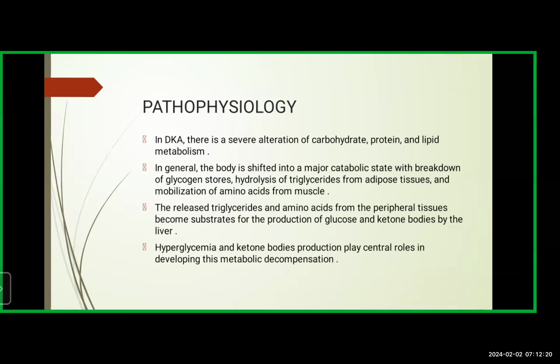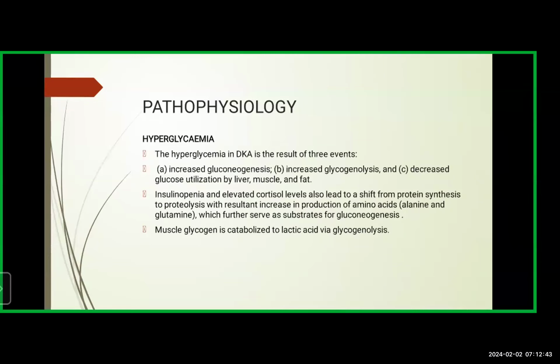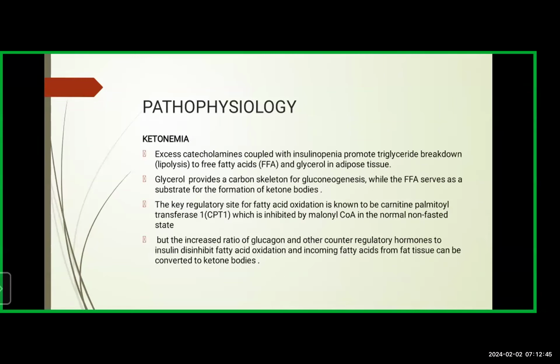These ketone bodies include acetoacetate, beta hydroxybutyrate, and acetone. Acetoacetate and beta hydroxybutyrate enter into the bloodstream, and they release protons, making the blood acidic. Okay, so that's how ketoacidosis occurs in patients with